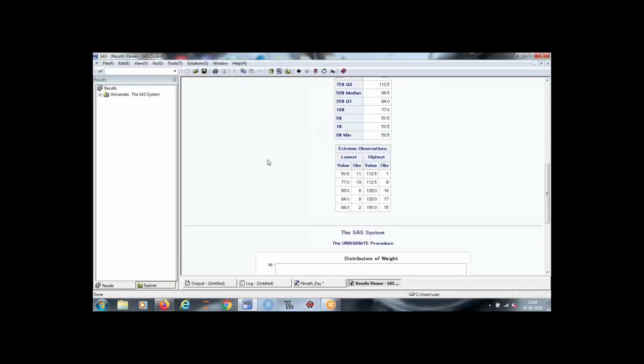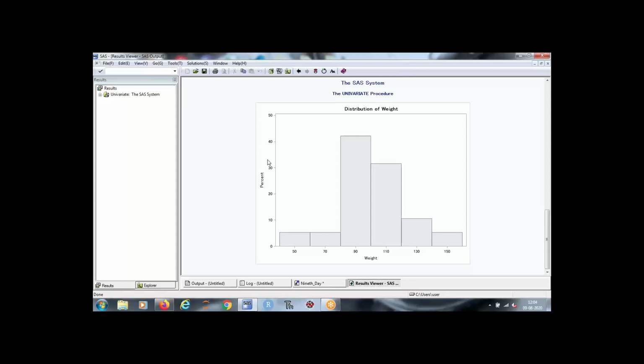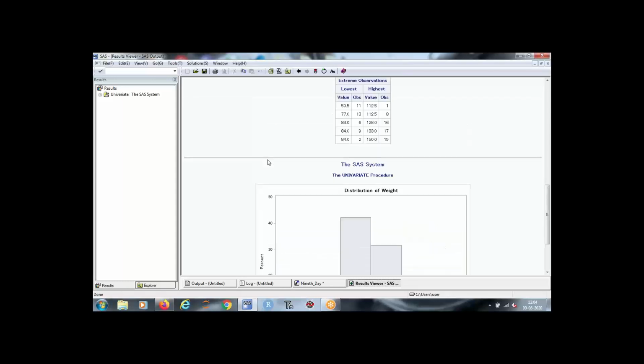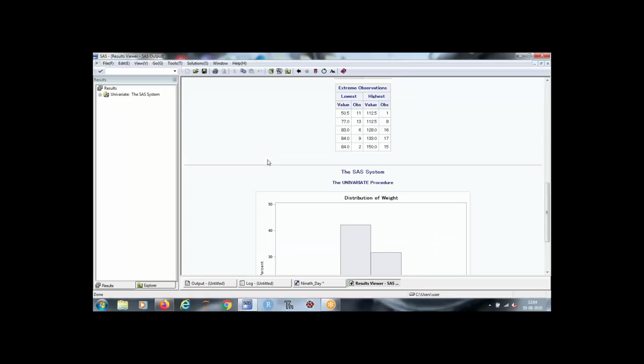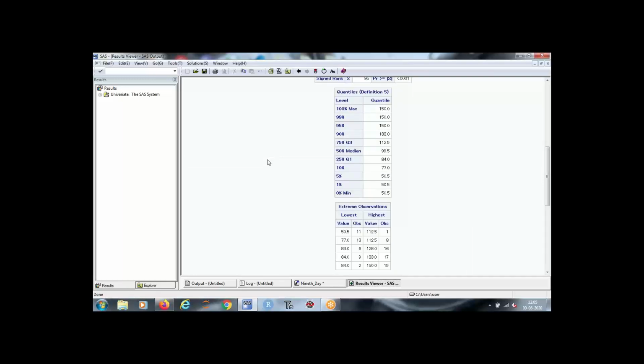Here we can see that the 99th is 150 and the 100th is also 150, so after 95 the value is only 150. Suppose we have a value of 280 at the 100th percentile and 150 at the 99th. When we are analyzing the data, as we usually do in R and Python, we truncate that so that we can avoid the anomaly in the data.